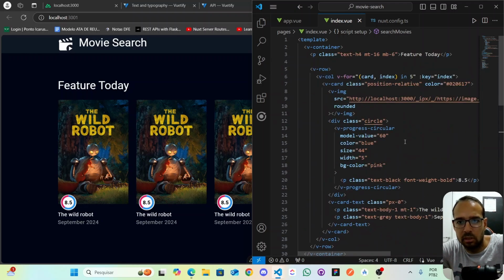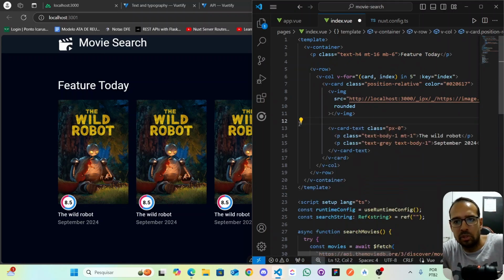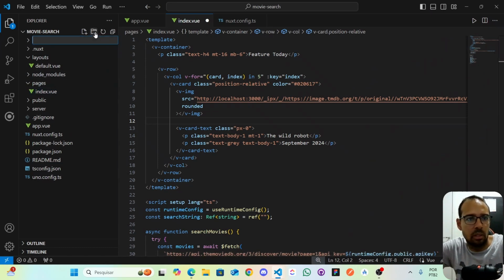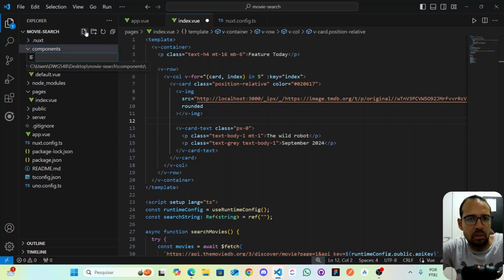Let us make this a component. So I'm going to remove this. I'm going to open this right now. Let's make a components folder. Components. And we can add here a file. Let's call it,